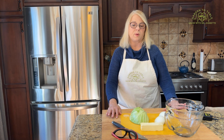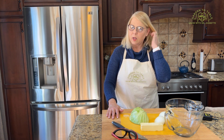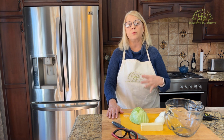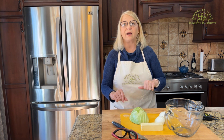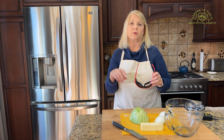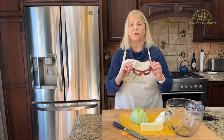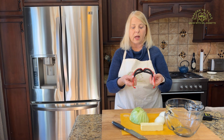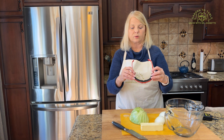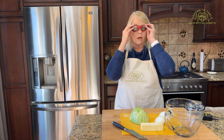For my simplest smart tip, if you don't have a pair of glasses, which I do, and when you cut the onions up they really bother your eyes, I have a solution for you. If you scroll down to the comments below, there's a link there that will take you out to where you can get yourself your own pair of what I call onion goggles. They've got foam around the goggles so that when you put them on your face, it seals out all of those onion